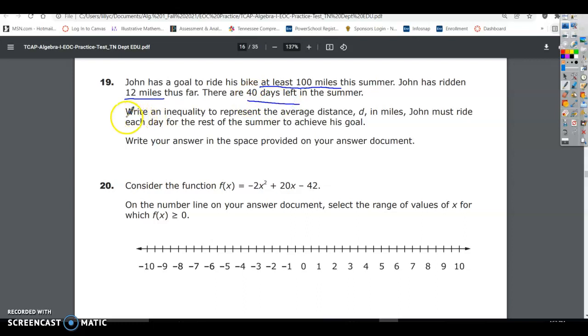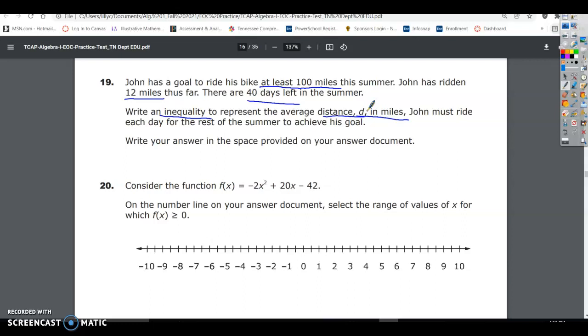And, really important, write an inequality. So it's not an equation, it's going to be an inequality. But we're going to write it similar to an equation. It's just going to have a greater than or less than sign instead to make it an inequality. All right, so we're going to use d for distance. And so we can start by saying,